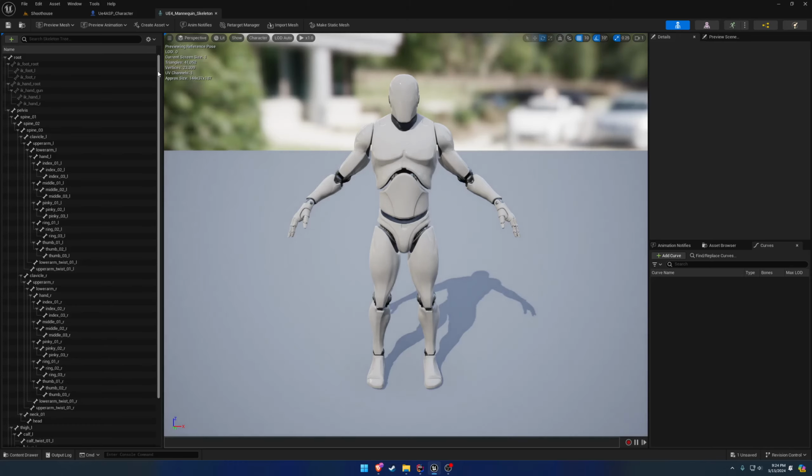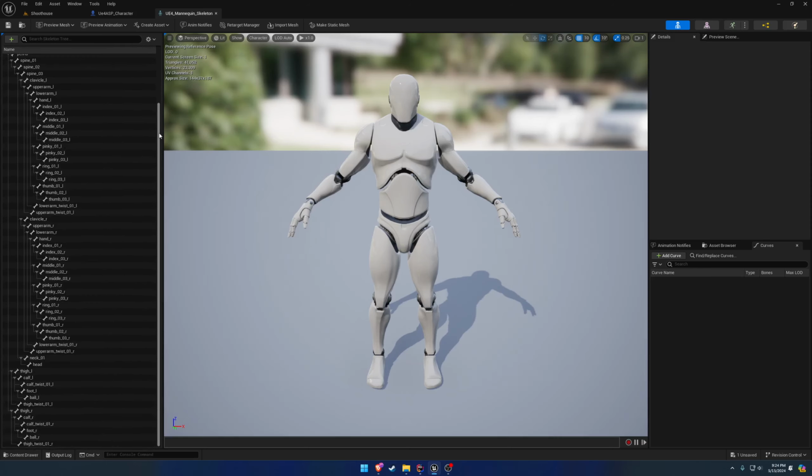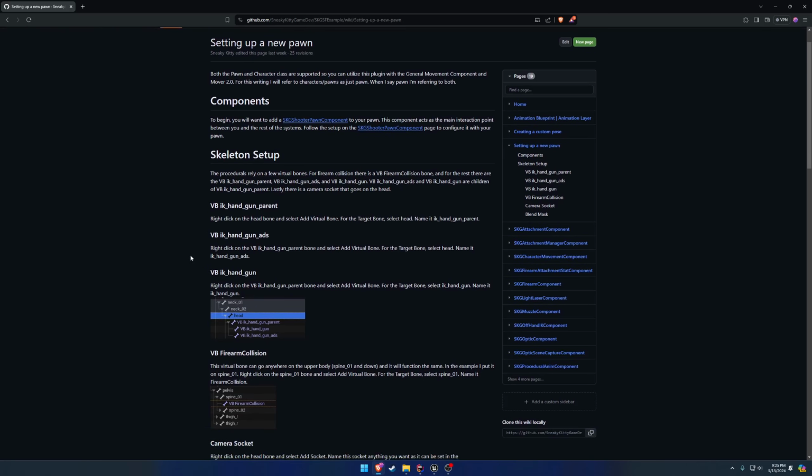Now, if you're using something like ALS that doesn't use an actual camera component, because I believe it has an actor that represents the camera, you're going to be doing the exact same setup process. You're just going to be putting the socket where the camera is supposed to go. So starting up, we need 3 virtual bones. This one is optional, but only if you want firearm collision. So we're going to set up IK Handgun Parent. And this is going to be positioned where the head bone is